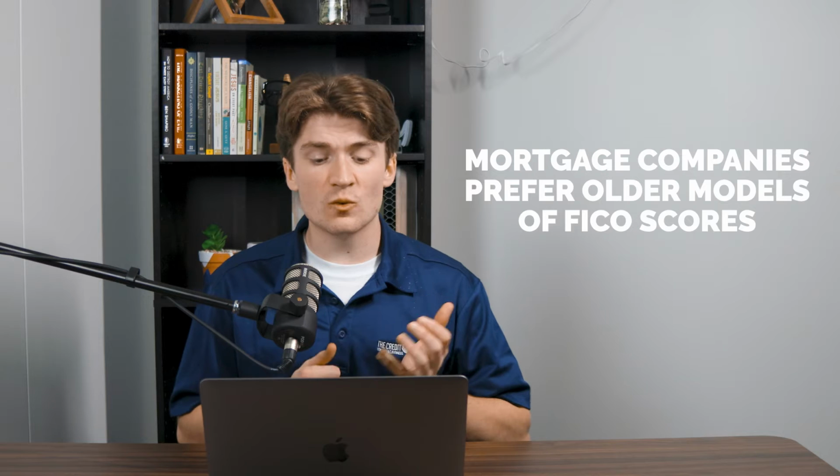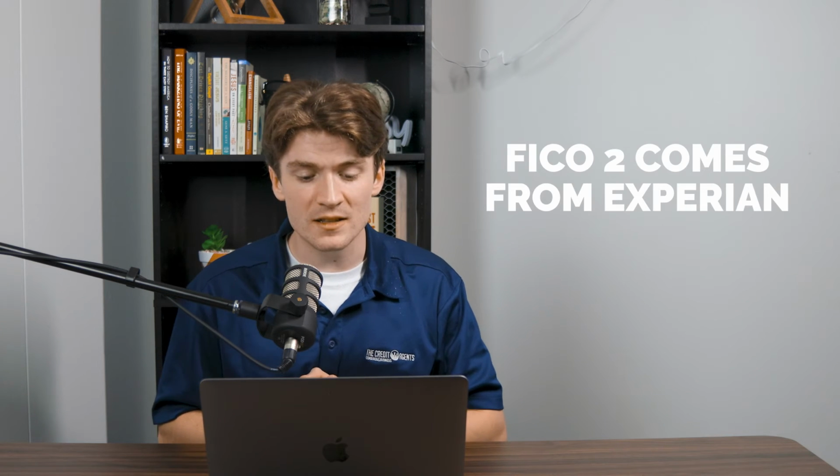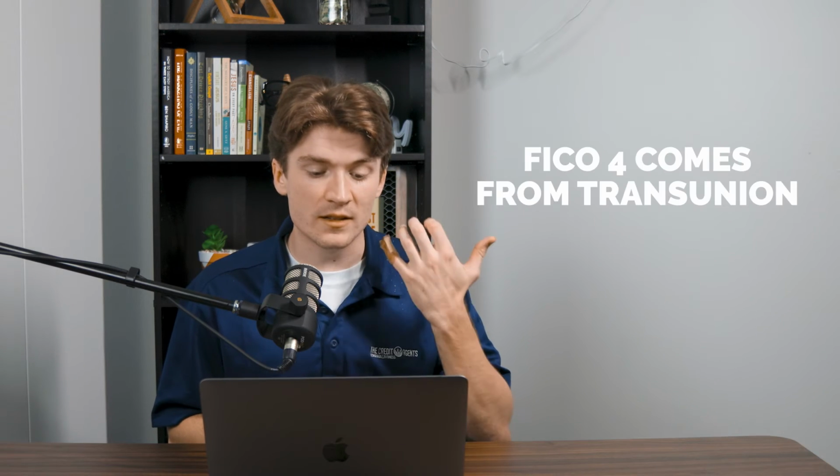Due to guidelines placed by the government, backed mortgage companies typically request older FICO scores, with FICO score 2 generally appearing from Experian's databases, as well as the risk model being version 2. The FICO score iteration 5 is going to be used by Equifax, and FICO score 4 is used by